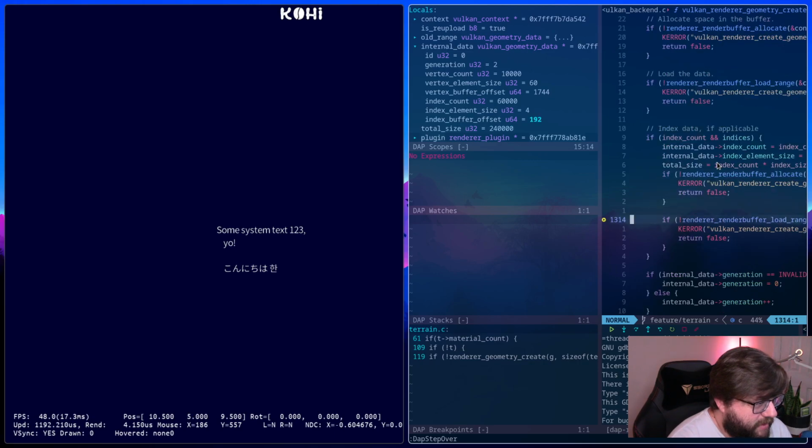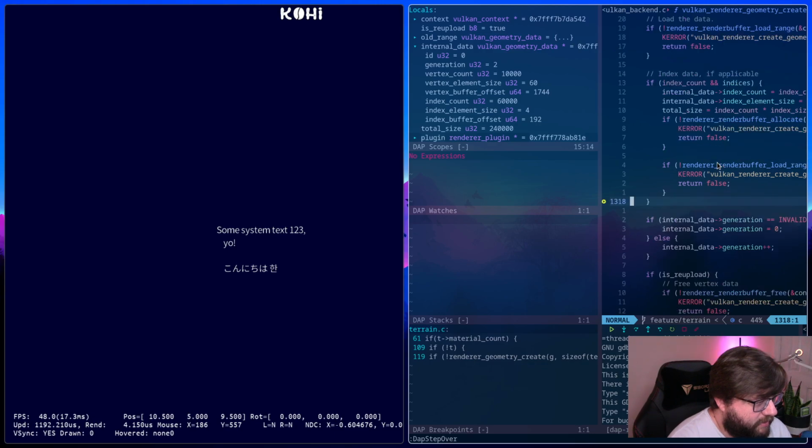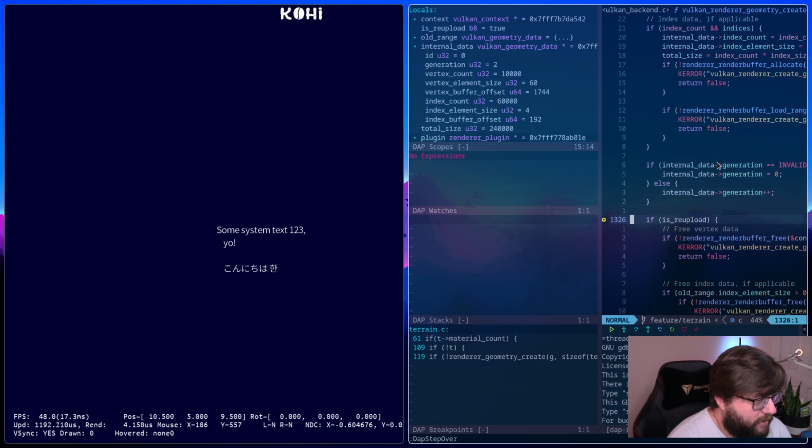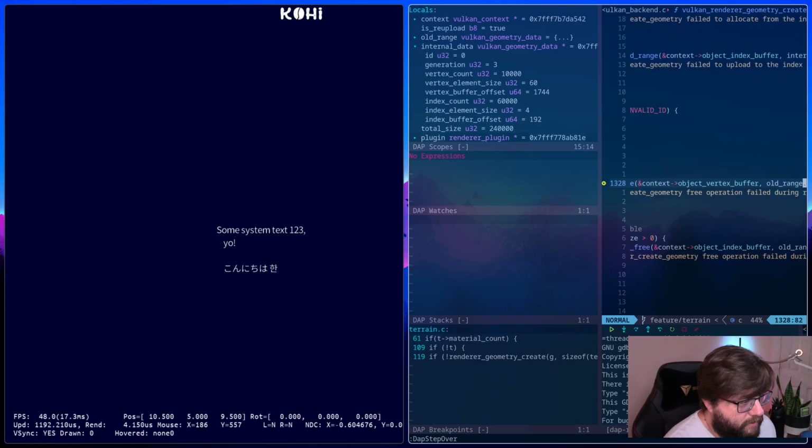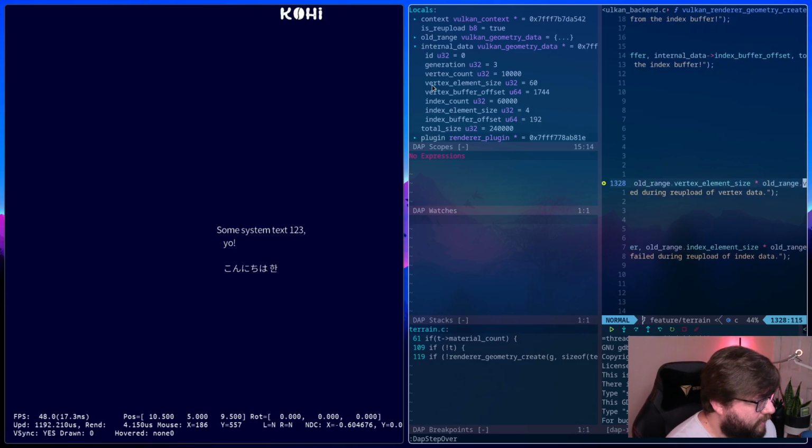Total size is there. We allocate. We load the range of data. Increment the generation. And then we free. What was the old range?